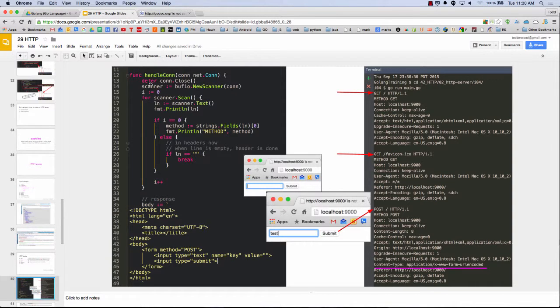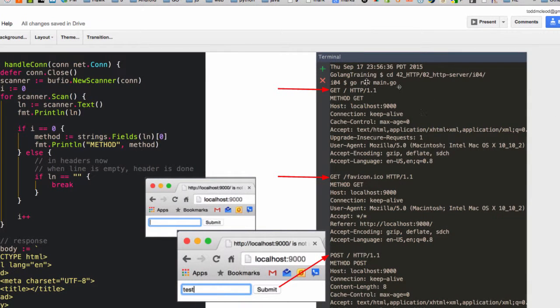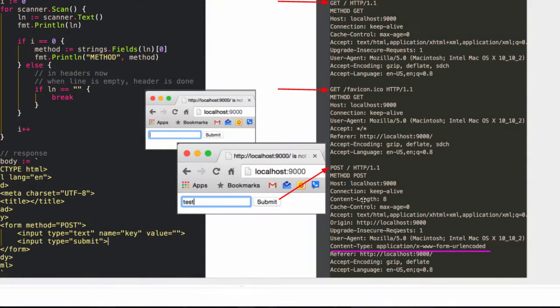All right, so here I have func handle connection, and maybe I have more code down there, but here is a form, and I could submit that form. It's post and text and key, so it's basically this right here. And then when I submit, I get a post. So the first thing, I go run main.go, and then type it in as a web browser, and I get this, right? Whoops, I want to scroll, but it doesn't scroll. And then again here,